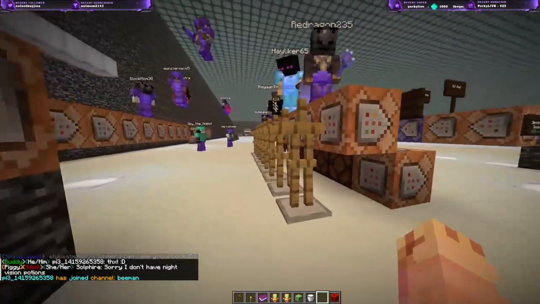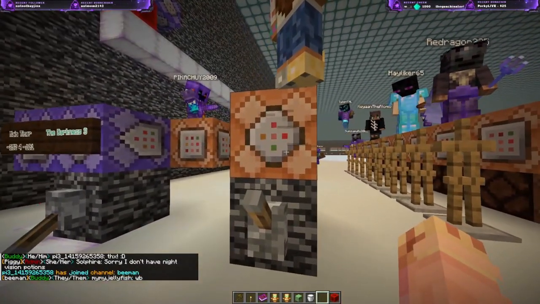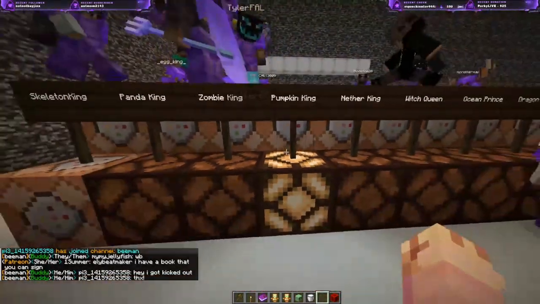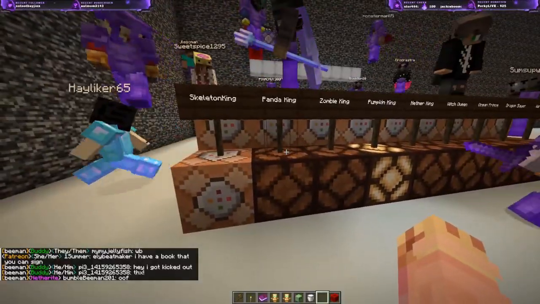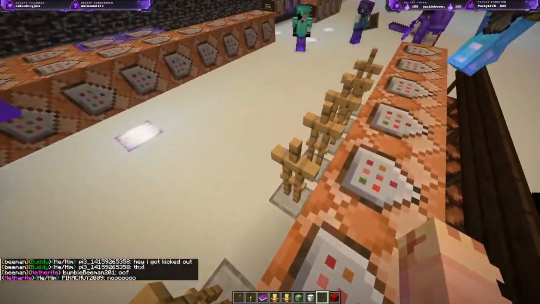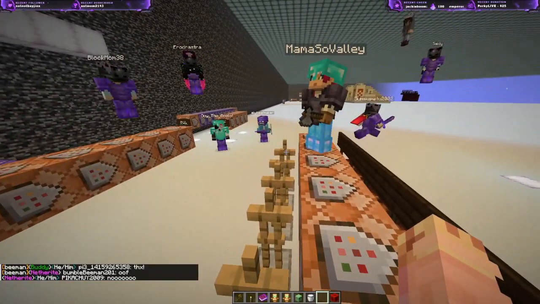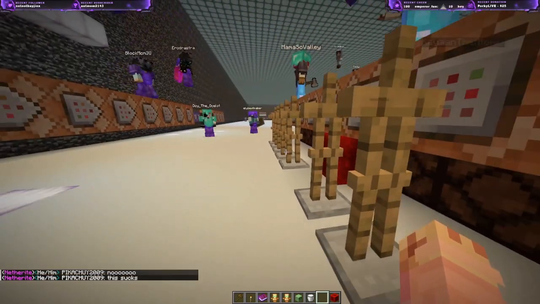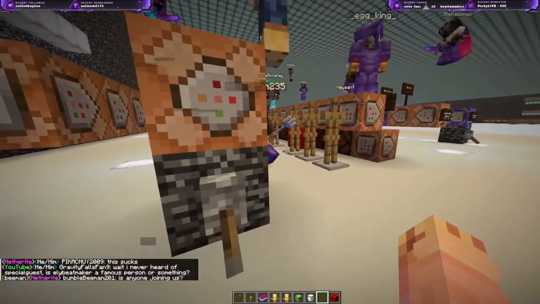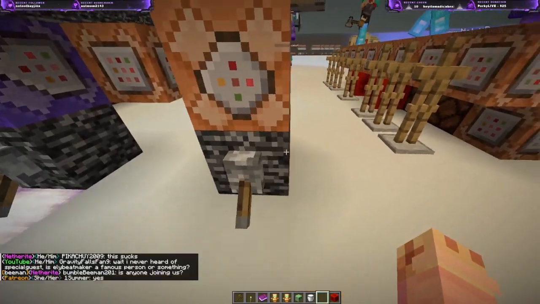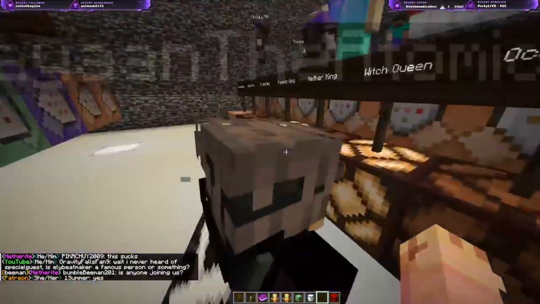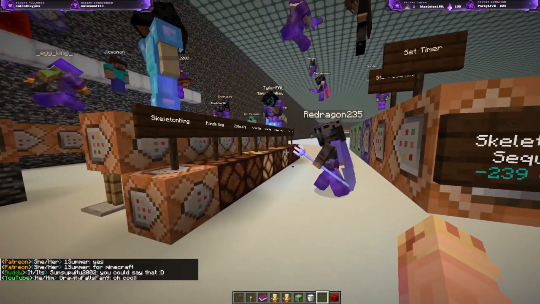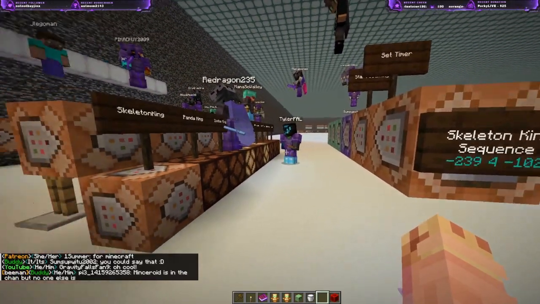Watch this. You ready? This one is going to decide which boss comes next. And it is the Pumpkin King as the first boss. It finds one of these armor stands randomly and puts the redstone block next to it and gets rid of the armor stand, which means it won't be triggered again. And then when that sequence is done, it triggers again. The next boss is the Witch Queen. And it will do that for every single boss throughout the fight until the entire thing is done. And it will be in a separate order every single time.